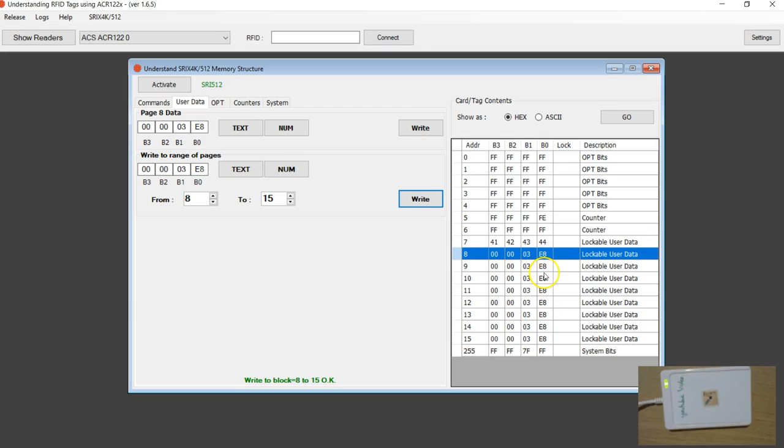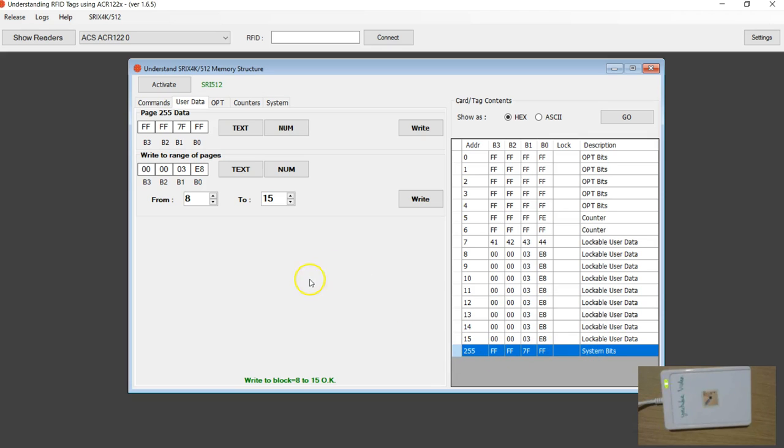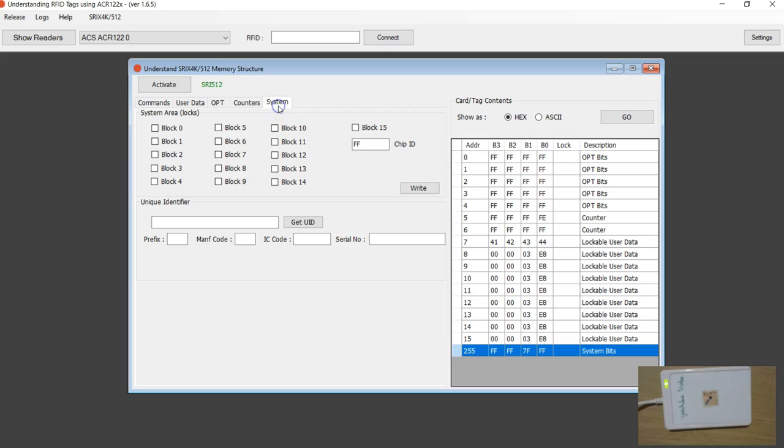So you can see that the writing is done using here. The B0 stands for the lower byte, and B3 is the higher byte. I've got a column for locked, and the description tells what type of block this is. If you go to the counter or the system,